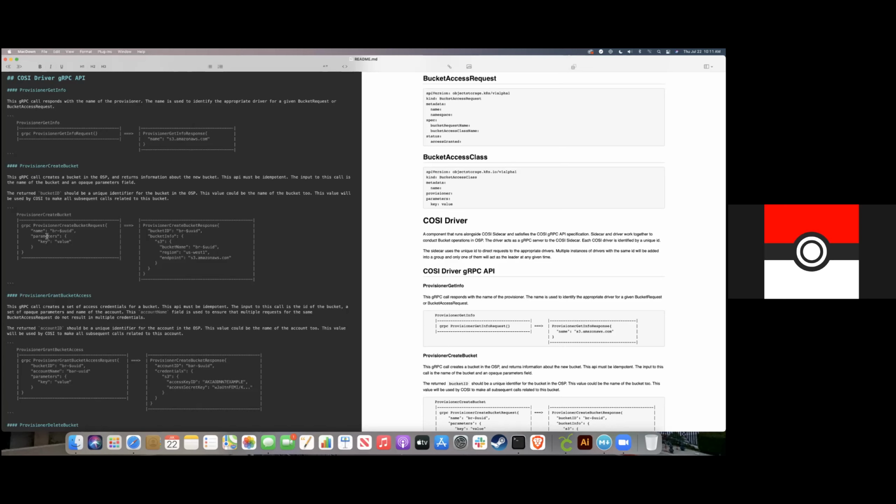And then you're saying this would work as well as the other one. Is there any reason to choose one versus the other? What you're saying would work, where we get the entire bucket infrastructure back as a response to provision grant bucket access. Yeah, that was my idea.